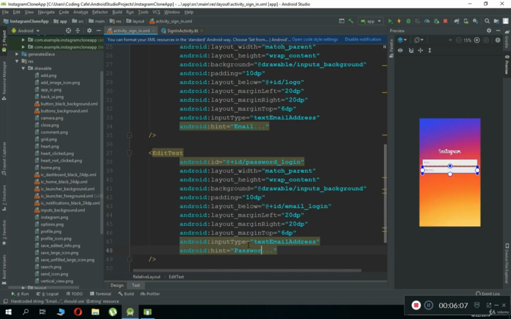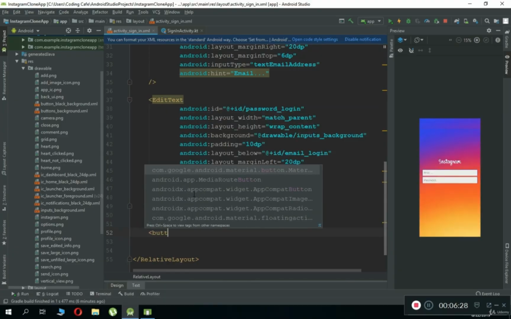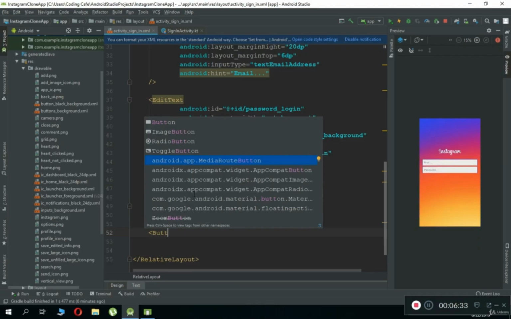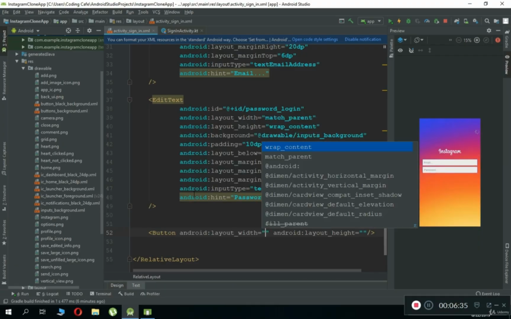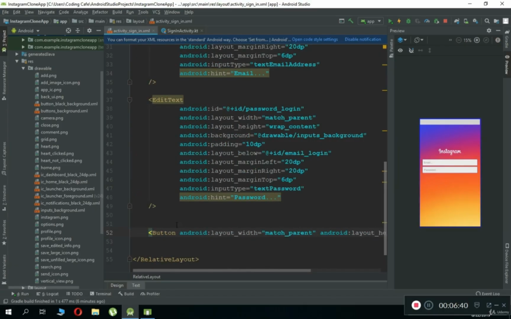So it is password. And after this, we have to change the input type for this also. So the input type for this will be password and text password. Now we need a button. So what I'm going to do is, let's create button, capital B, Button, match parent, wrap content, and now the next thing is to